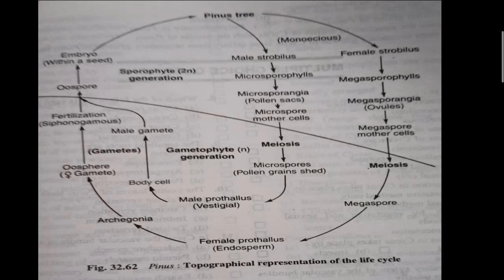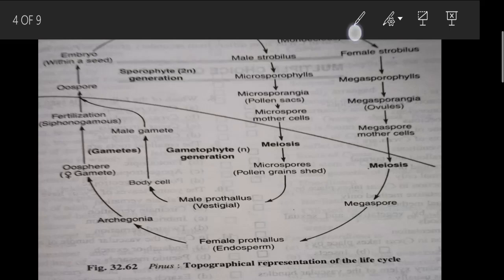The pine tree has male sporophylls at this point and female sporophylls at this point, and both produce microsporophylls and megasporophylls. Microsporophylls are light and winged and can fly with the help of the air, and whenever they come in contact with the female cone,